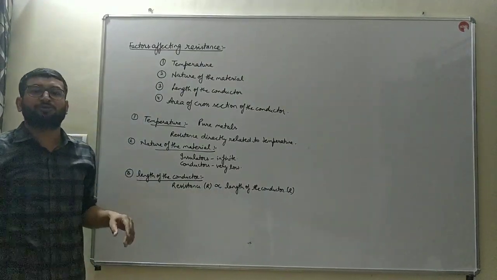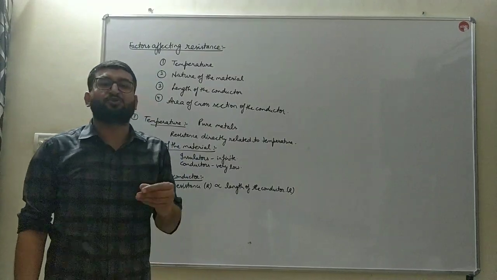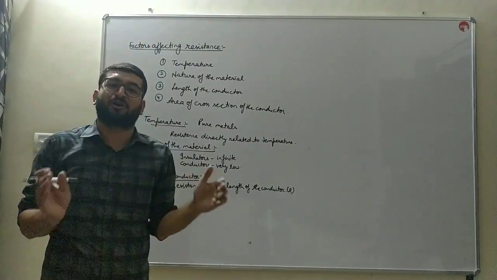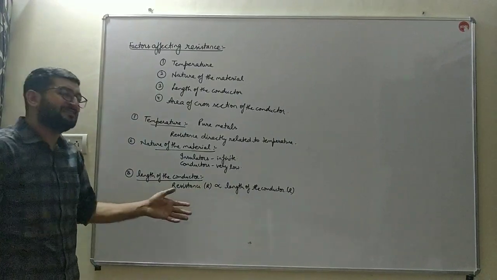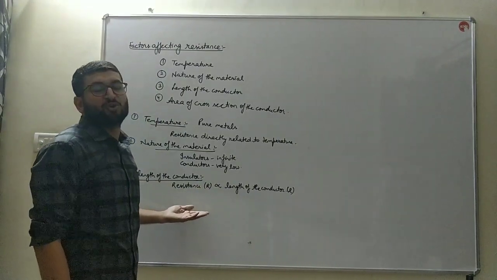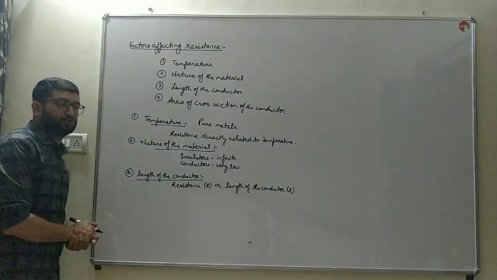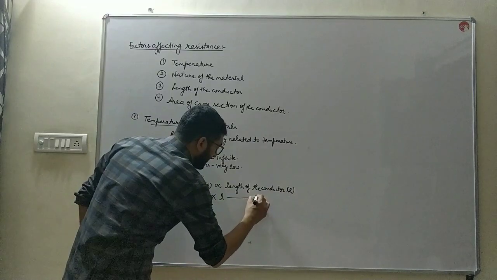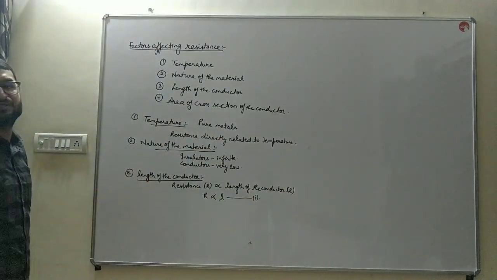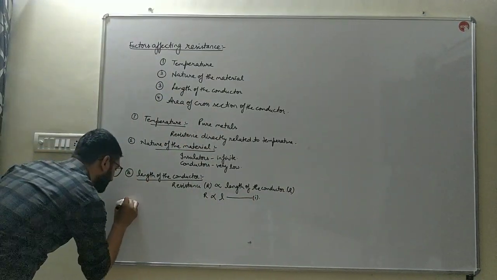इसीलिए बच्चे जब लंबी वायर होती है तो वो जल्दी गर्म होती है. It becomes hotter soon as compared to the shorter one, because with increase in length the resistance increases. So resistance of a conductor is directly proportional to the length. That is, R is directly proportional to the length. Let us suppose this is the first equation. Next is